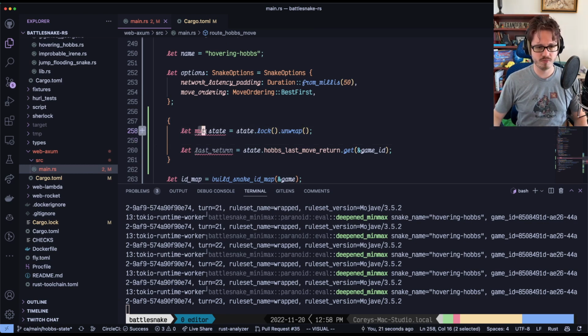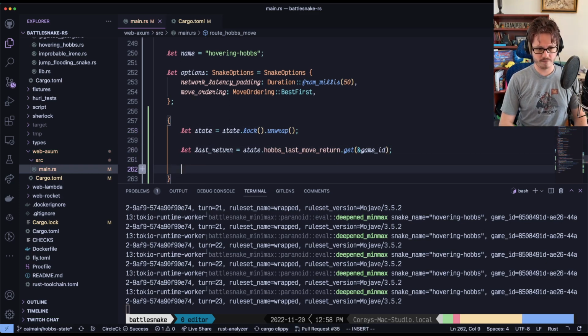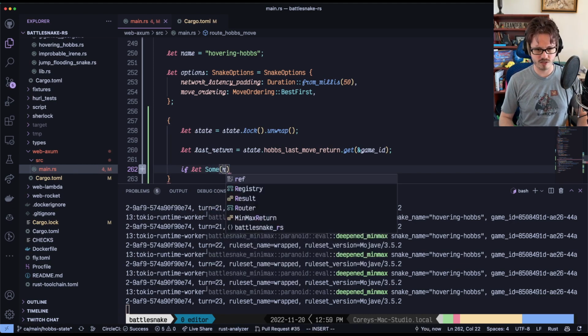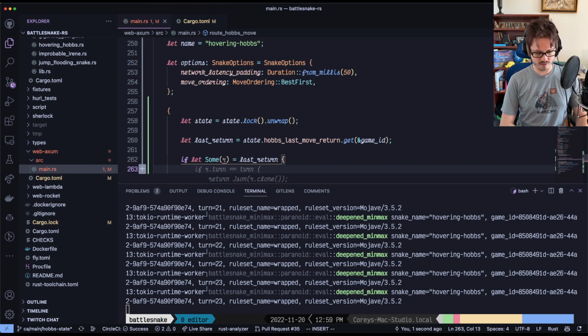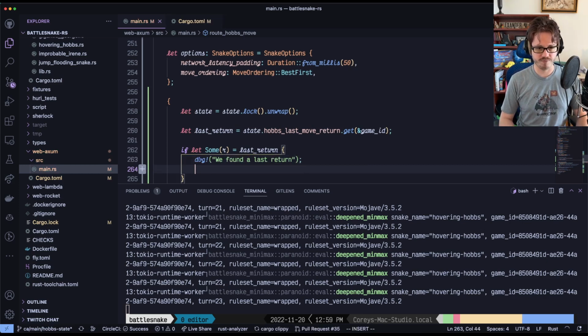Okay, this doesn't need to be mutable anymore. And then I think what I can do is: if let Some(r) equals last return. So now we have one. Let's just debug out. We found something. Yep, it's not a cache move. We found a last return. Yep. And then can I just...